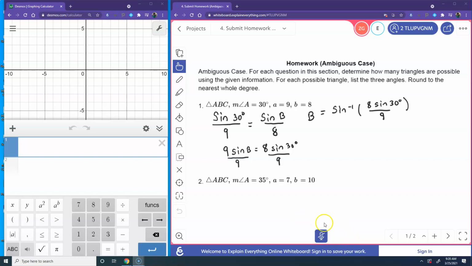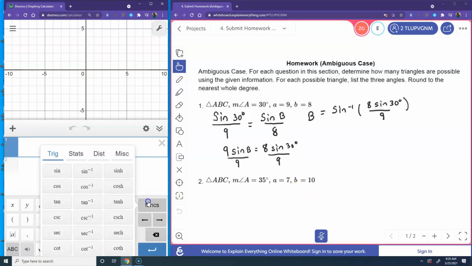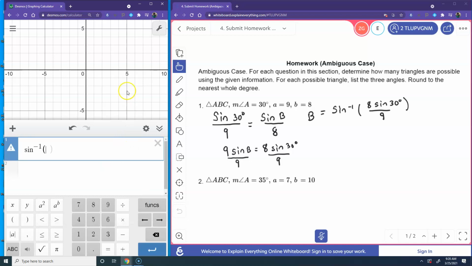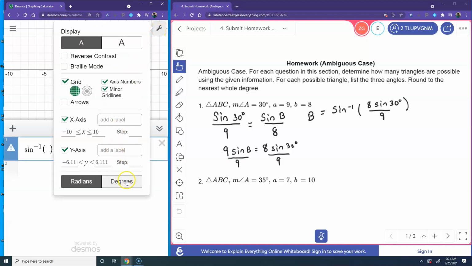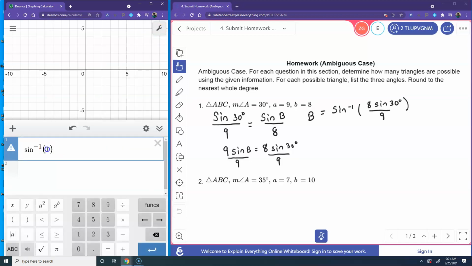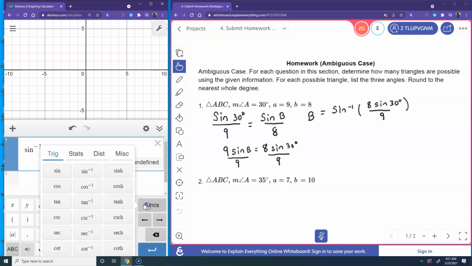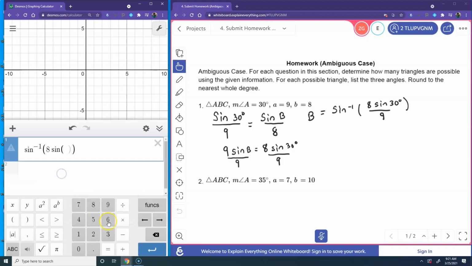So what I'm going to do is go to my functions, inverse sine. Remember to make sure that you're working in degrees. This is what I showed you in class. So we're going to type in 8 function sine of 30 degrees, and all of this is going to be divided by 9. And it says round to the nearest whole degree, so it's going to be 26. So that's the first angle,